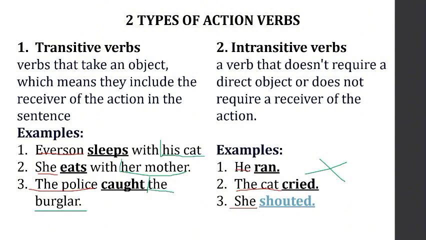For example, we ask who, whom, or what did he run to, and we cannot see any information here that can answer the question that is supposed to help us identify the direct object. Therefore,